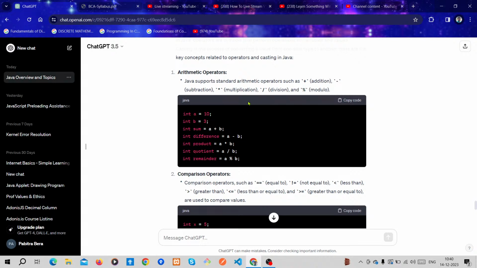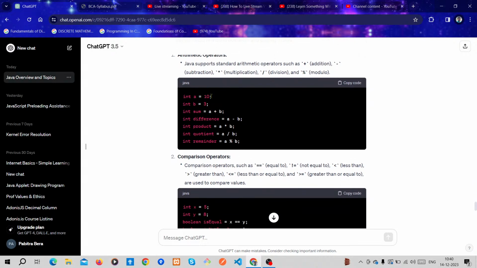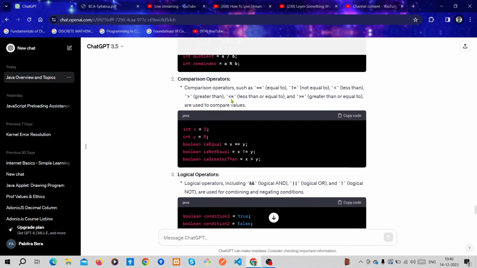Okay, modulo means remainder. Next, int a is equal to 10, int b is equal to 3. If you want to perform the sum of a and b, you use the plus operator, which is a symbol. Difference uses the minus operator, which is also a symbol. All operators are symbols and you can perform operations with them.